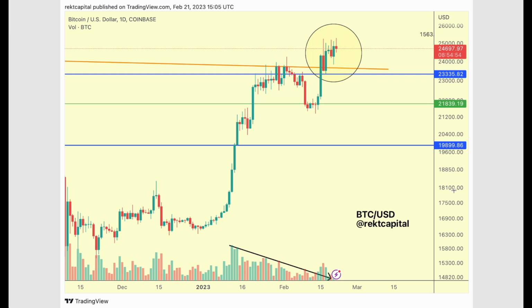So this is the daily time frame. Interesting to mention this because I was quite vocal about this in the past few videos, about a head and shoulders potentially forming, and it had all the technical elements of a head and shoulders. So this being the left shoulder, head, and a right shoulder forming here, and the breakout volume was going to